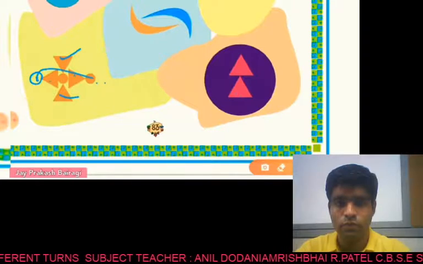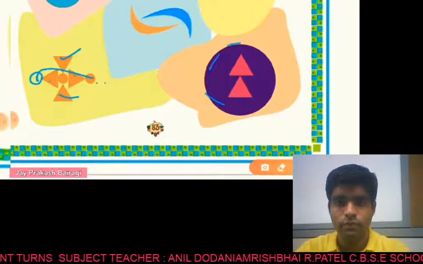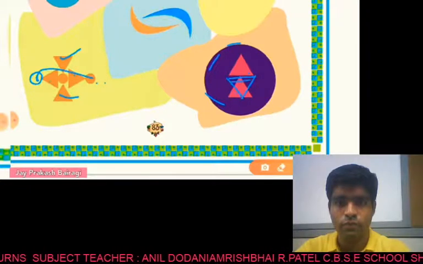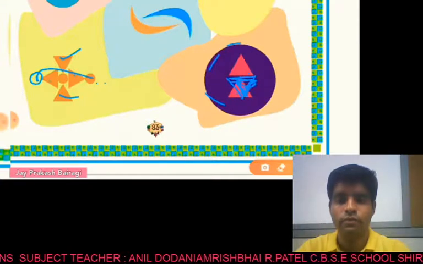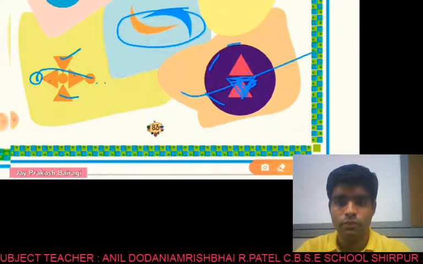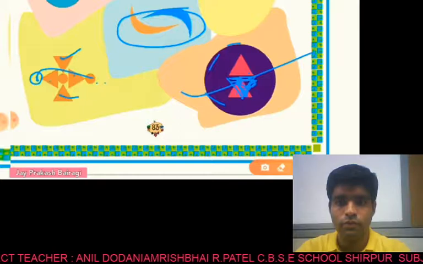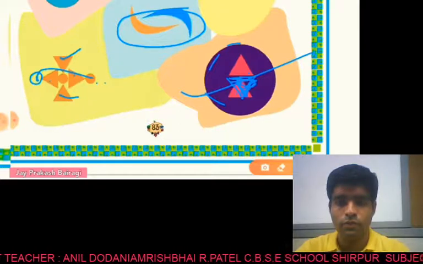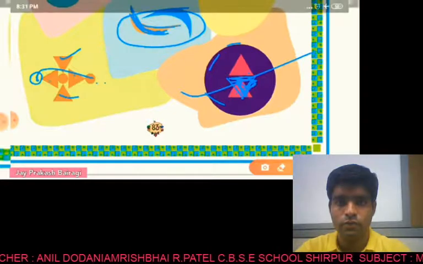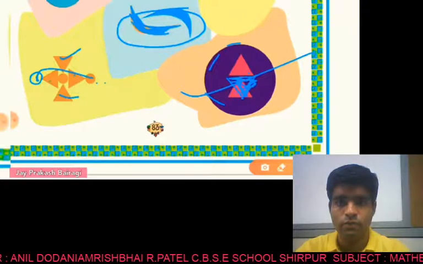Now here we have another picture. A circle and triangles. The circle will be the same, and you can change the shape of the triangle. Just make the second triangle like this, then it will look the same. And here you have oval shapes, a semicircle picture. The color is the same, so just make their colors the same. Their colors were different, so you have to color it with the same color, then it will look the same.